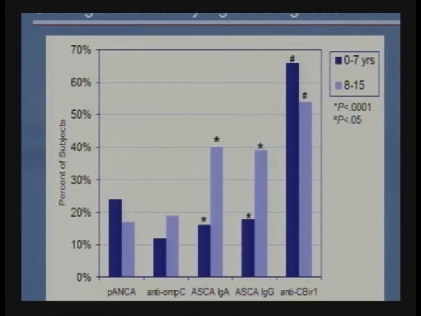And you can see as the kids get older, above the age of 8, ASCA becomes a much more commonly measured serology. And we know that ASCA, again, is the yeast marker, but there's something very potent about ASCA positivity, and I'll show you that when it comes to phenotyping. So this was the first attempt to start to stratify even by age, using serologies to say presentation is different clinically. What does that mean immunologically?